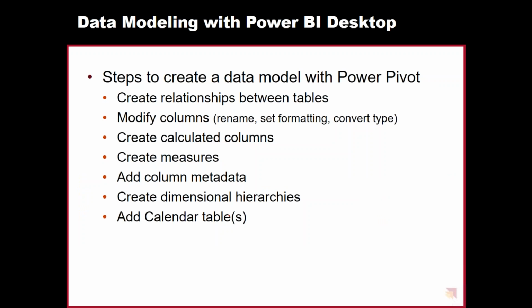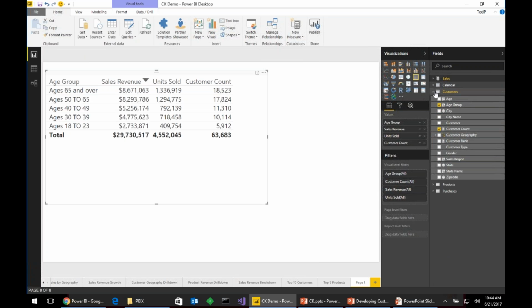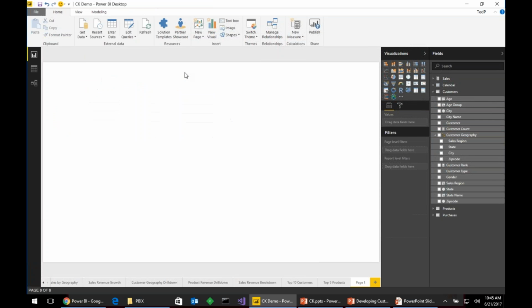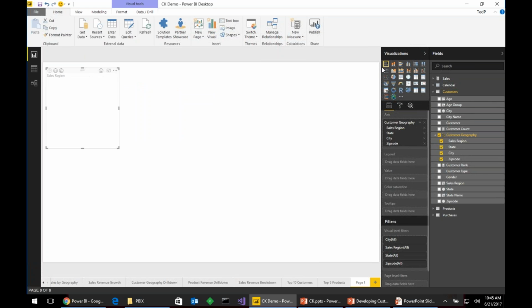Now, you can also add dimensional hierarchies. The idea of a dimensional hierarchy is you have something like customer, and a customer is in a state, and a state is in a sales region. So we've defined this customer geography hierarchy in here. Now, let's say that I want to exploit this hierarchy. So let's say I select the hierarchy, and it creates some type of a chart. I'm going to switch this over, and have an axis that has the hierarchy in there,